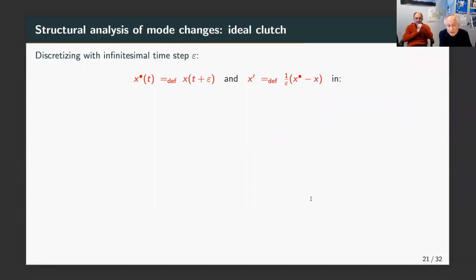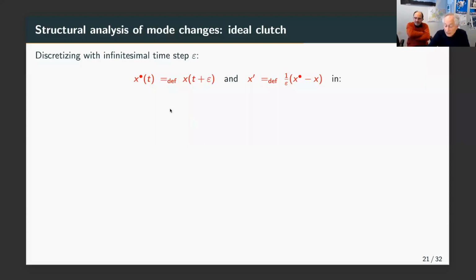So the idea is to discretize the system and not to be bothered by discretization errors. Our idea was to consider what is called an infinitesimal time step, epsilon. And here I will discretize the real line with this infinitesimal time step and consider the shifted